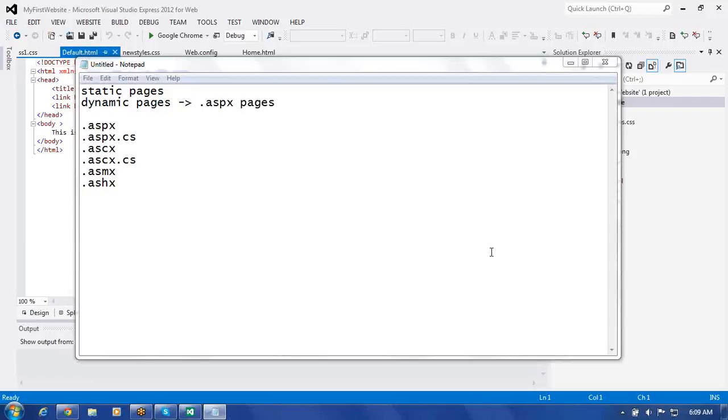So using ASP.NET technology, we can develop dynamic pages. They can be .aspx. These are the file types we have there: .aspx and .aspx.cs. This is for the user interface. You create the pages, and for them you write code with the .aspx.cs if you are using C# language, or it can be